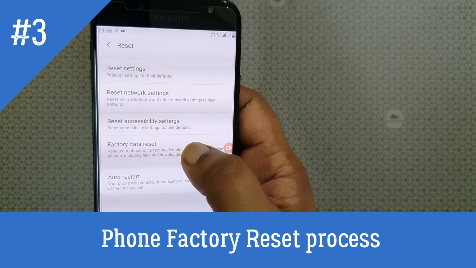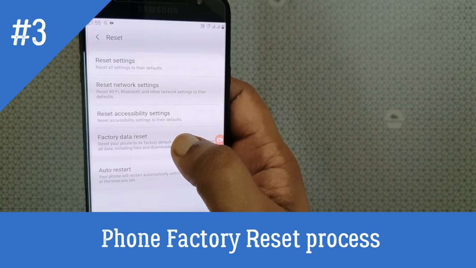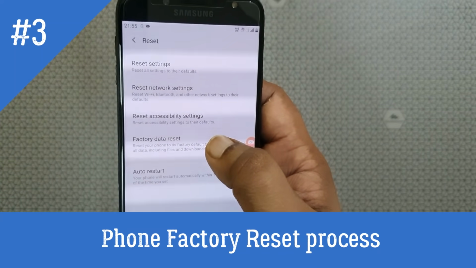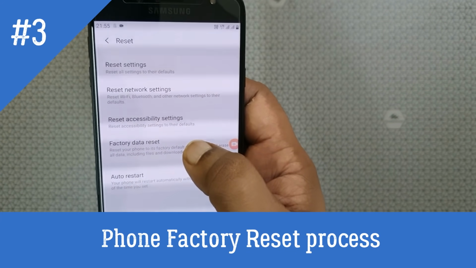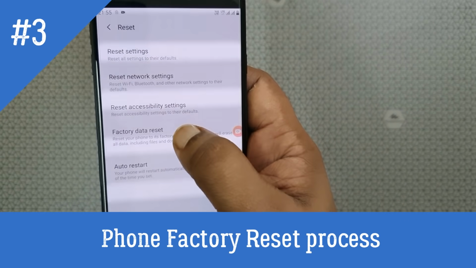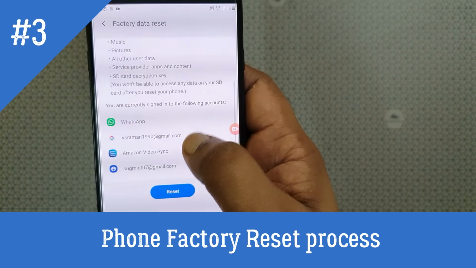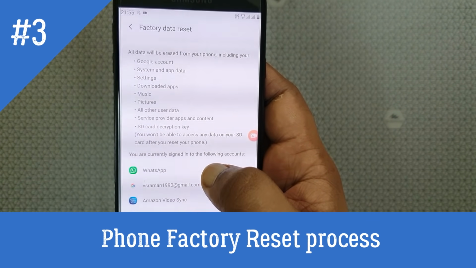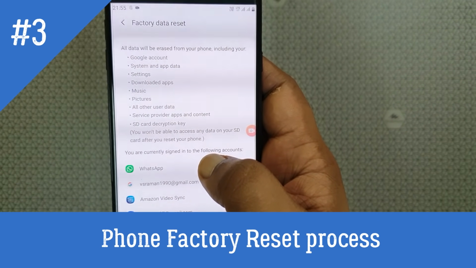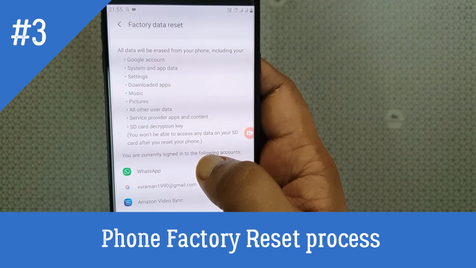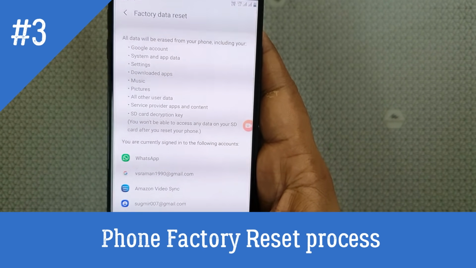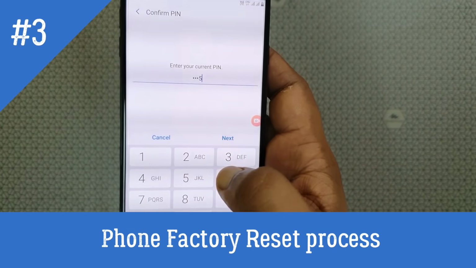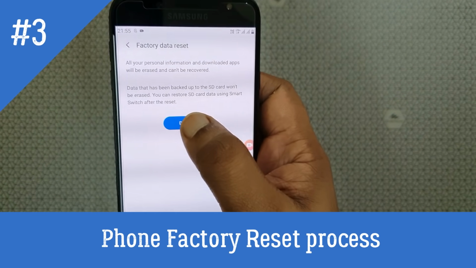After doing this, no data will be there, no application will be there. It will clear the phone memory, and it will install the OS again, Android OS. So we took all the backup, phone memory and the contact details, everything. It won't erase the memory card data, so let it be, no problem. So just reset, enter your PIN, delete all.